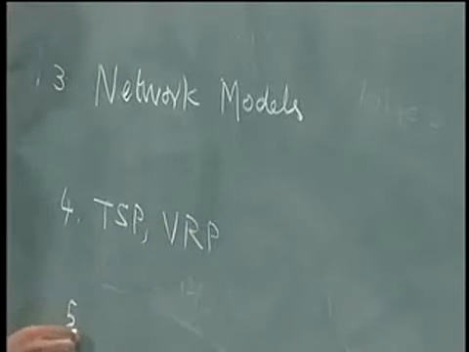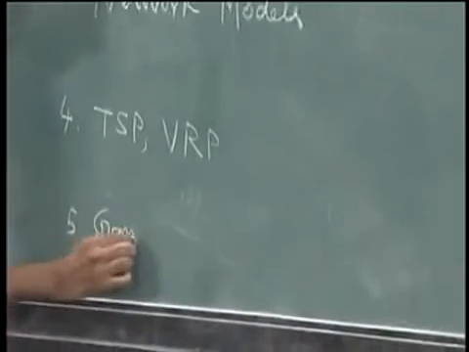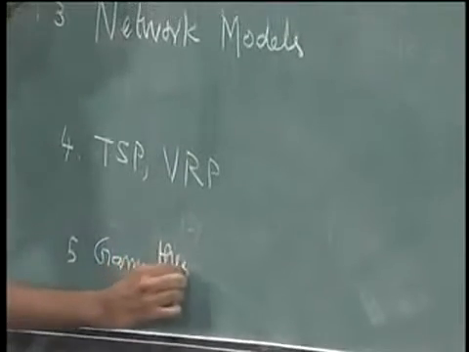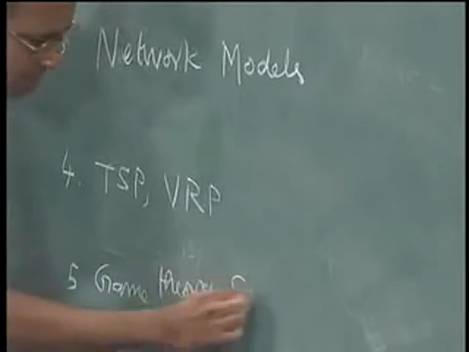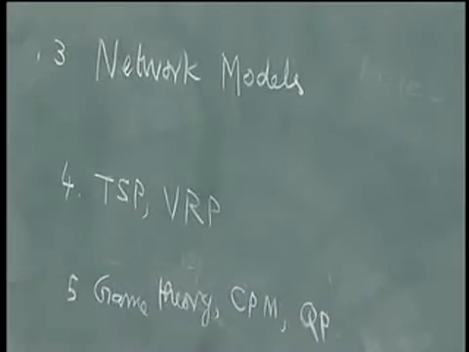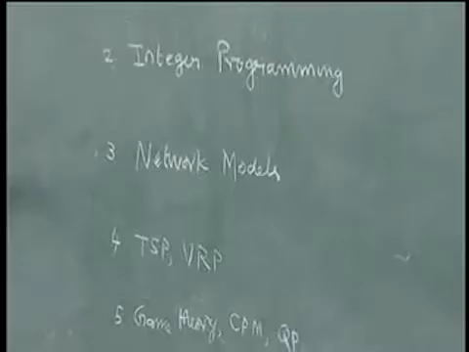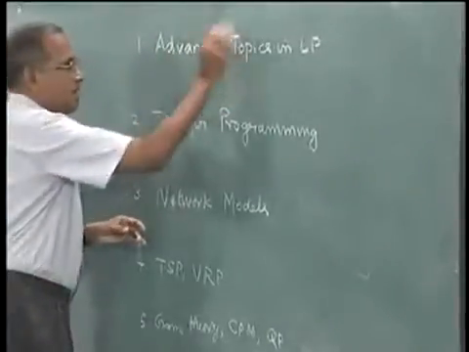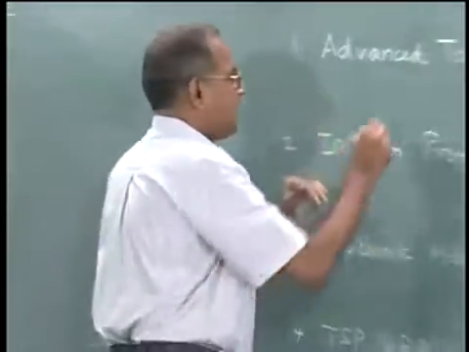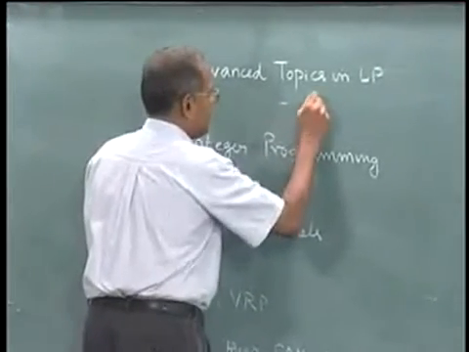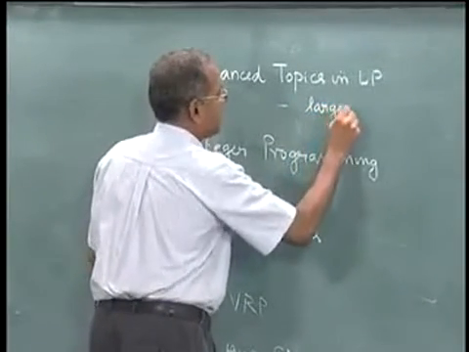And then we also looked at a little bit of game theory, PERT CPM, and quadratic programming. So these are all the things that we have seen in this course. Here we saw several topics which largely help us to solve slightly larger linear programming problems,